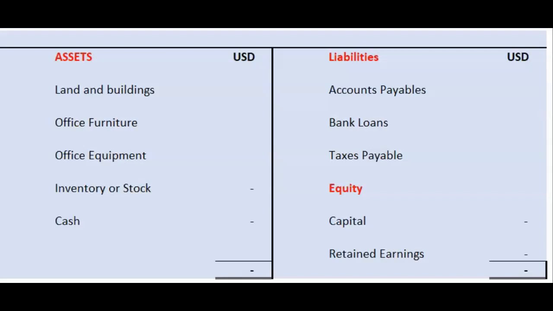Considering the example of Vicky, he invested $100 in business, which created two entries in his balance sheet. On the one hand, his cash asset was created. On the other hand, it created equity or capital for him. So he used that cash to buy stock or inventory of soda cans for $100, which means his cash asset decreased and another asset called inventory was created. So his overall asset position did not change.